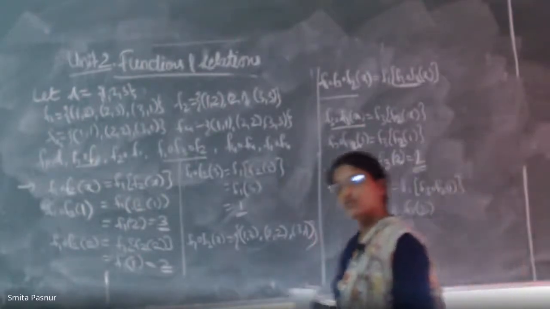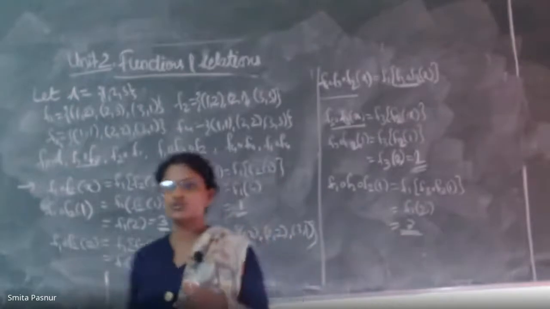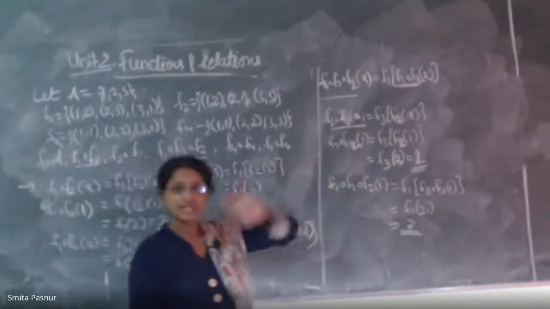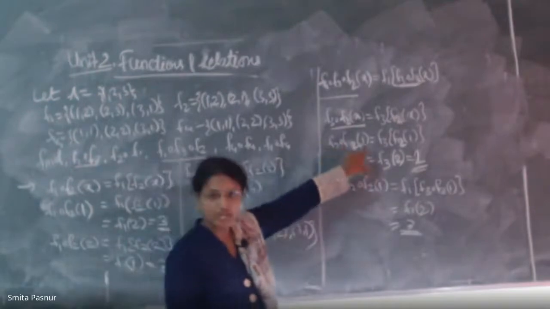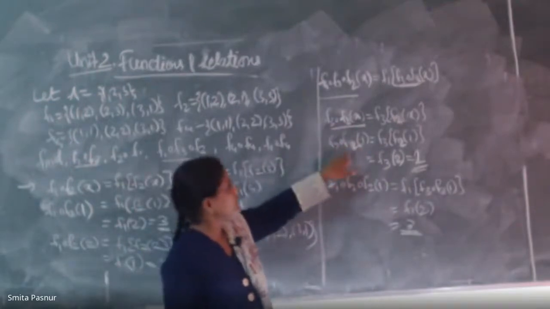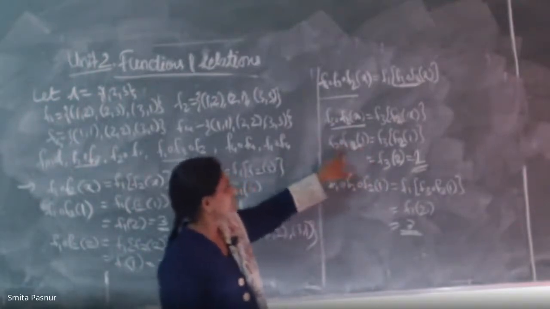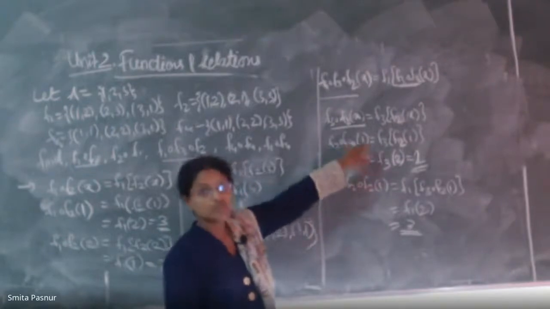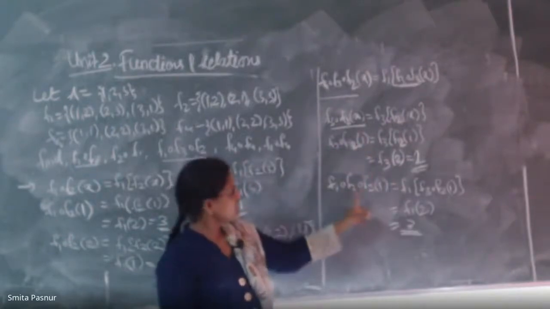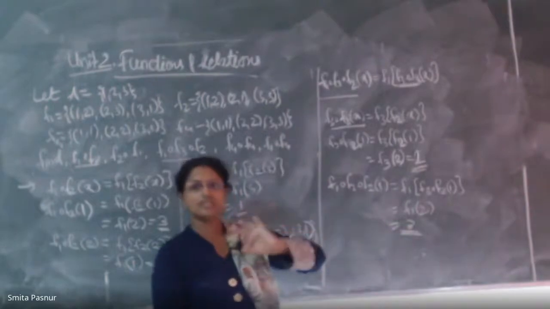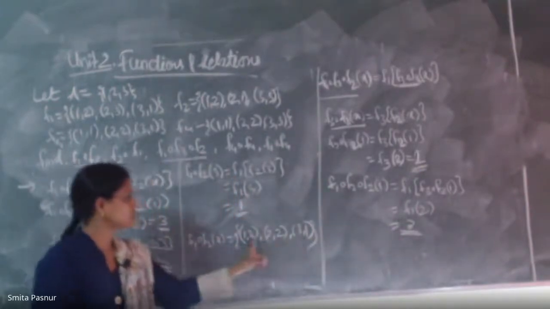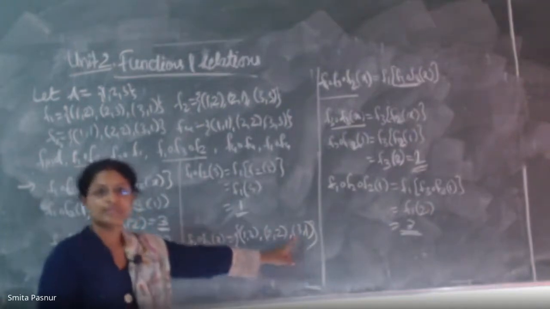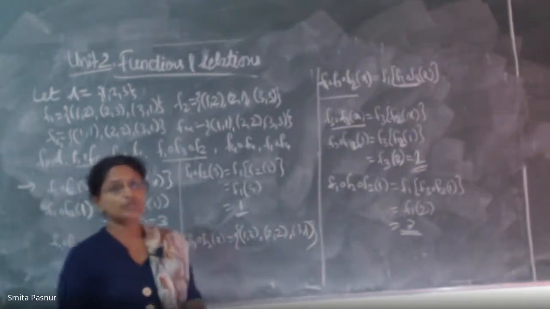So likewise, you have to now solve for 1, 2, 3 also in place of this 1. Means whatever I first solved for F3 composition F2 of 1, you have to do F3 composition F2 for 2 and for 3. Find out all those values and put them here, and then you will get all 3 values for this, as I have shown you. Three pairs you should get as the answer. Is that clear? I hope you have understood this.